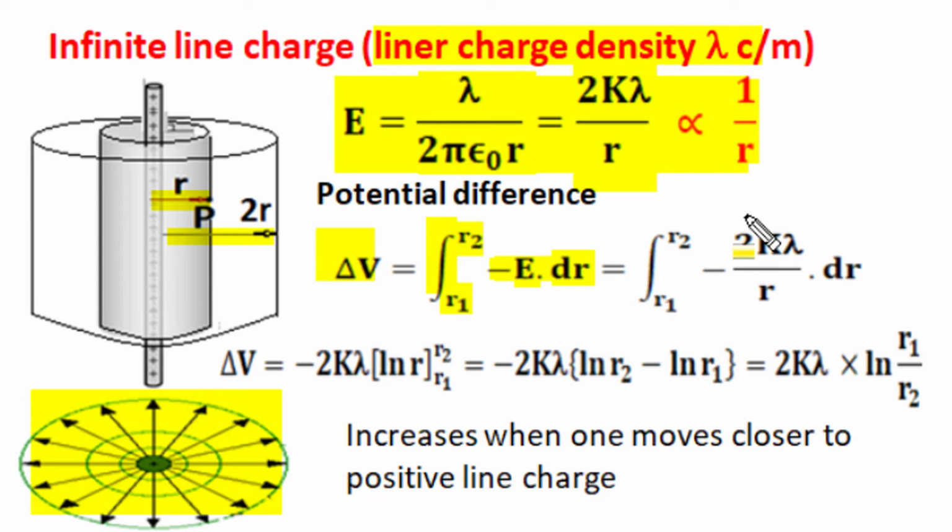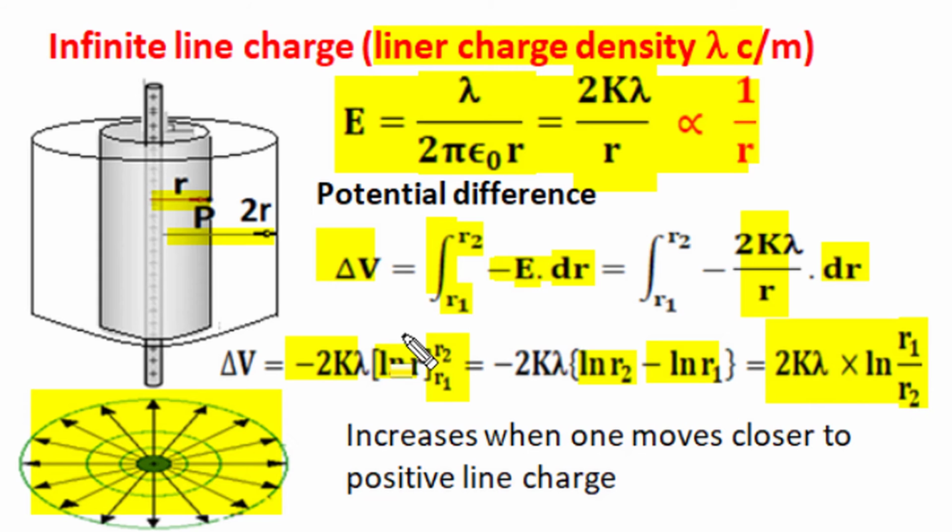In place of E, we can write 2k lambda over r, minus 2k lambda, all constants will come out of the integration, and 1 over r when integrated with respect to r will give natural log r, and limits are taken to the back side. Once for r we write r2, then we change sign and put r equal to r1. With the negative sign, natural log r1 becomes positive and natural log r2 becomes negative. This difference in natural logs becomes natural log of the ratio r1 to r2, and the potential difference becomes 2k lambda natural log of the ratio r1 to r2.